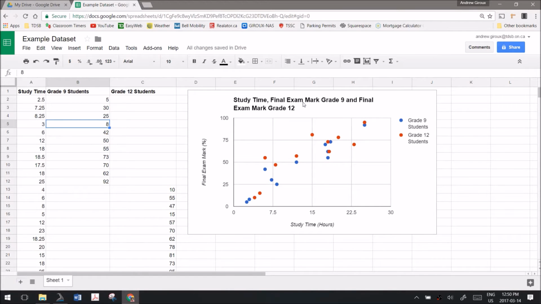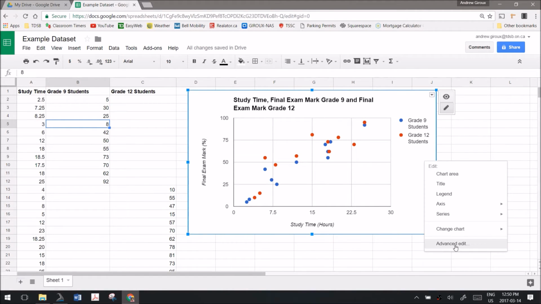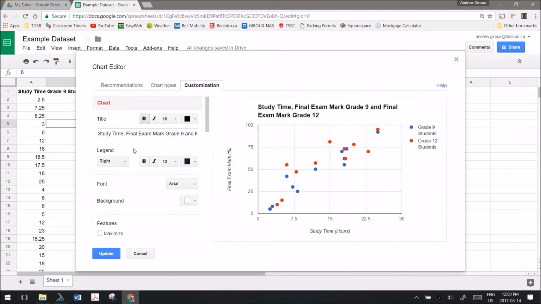Next thing I want to do is the title of the graph. So I'll right click and go into Advanced Edit, and here's the title of my graph. The title of your graph should always give an indication of what the data shows and how you measured it. So let's say that for this data I collected it on students who were writing a math test. So I'm going to call my chart